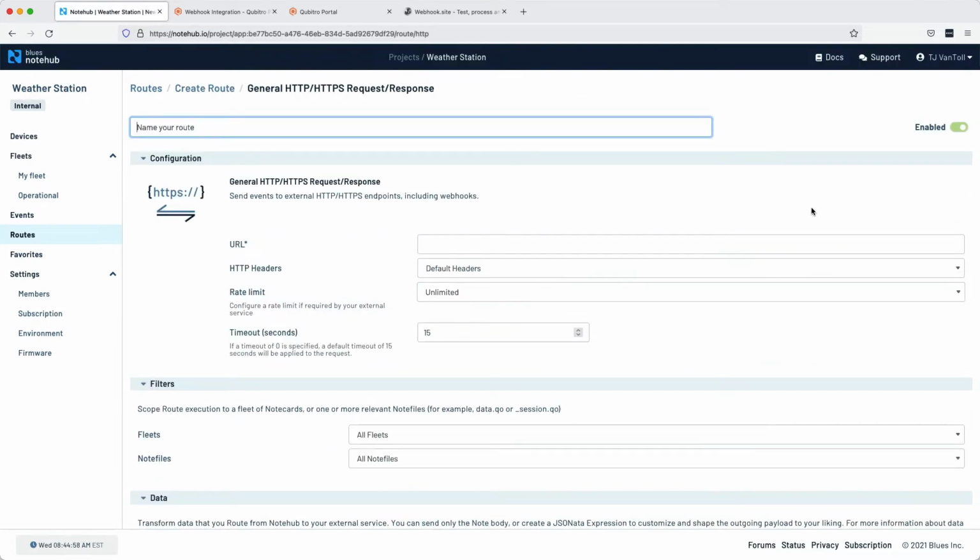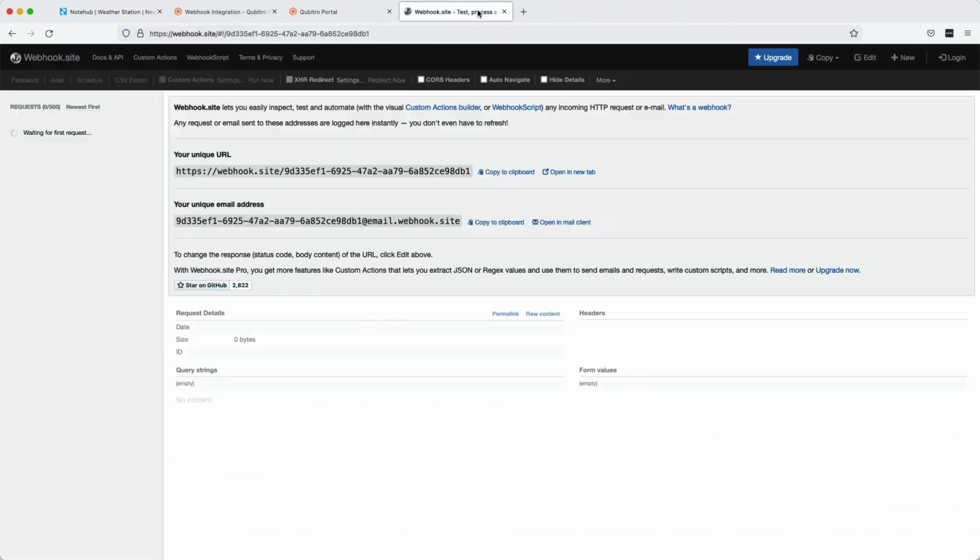A basic HTTP route is your most flexible routing option because you can forward your data pretty much anywhere. But for this demo, I'm going to use a handy little service called webhook.site. This is a utility you might find useful even for non-IoT projects, as at its basic level it just gives you an endpoint that you can send data to and verify things are working as you expect.